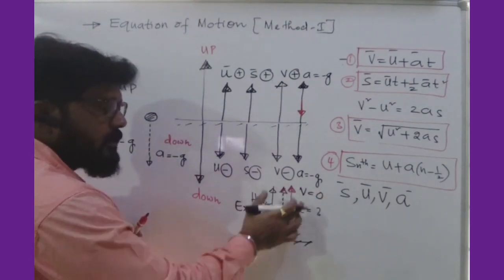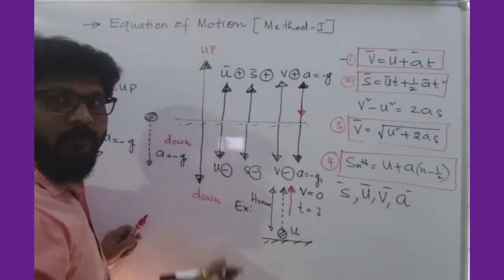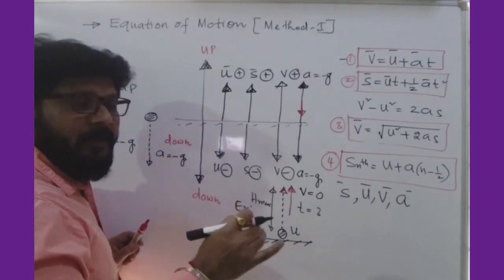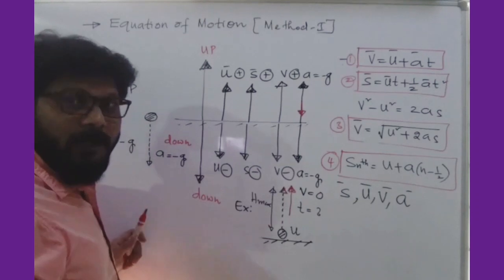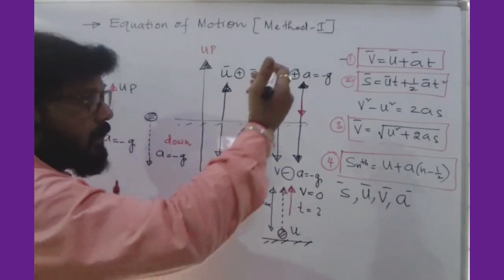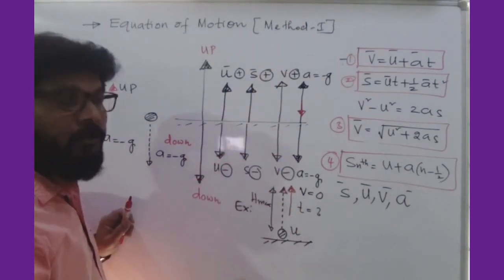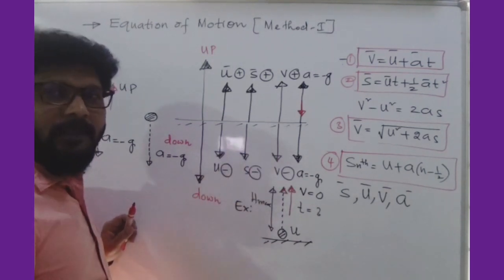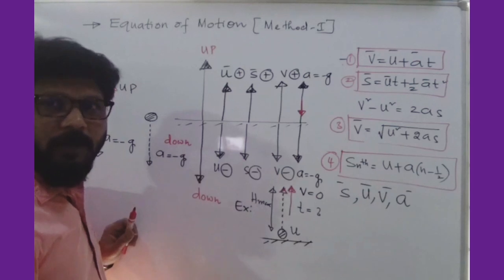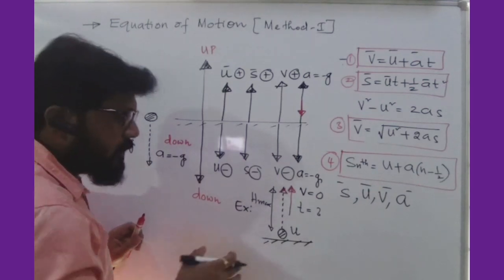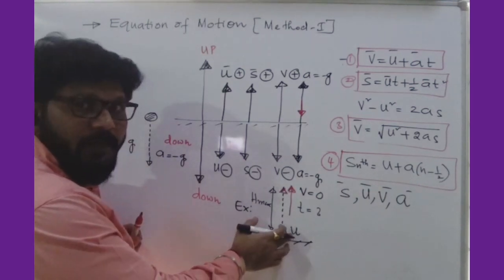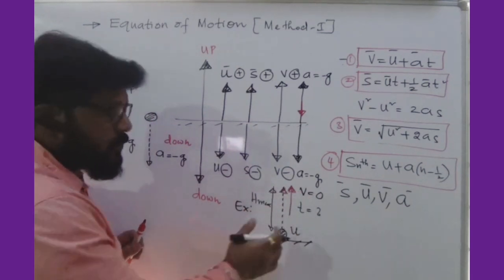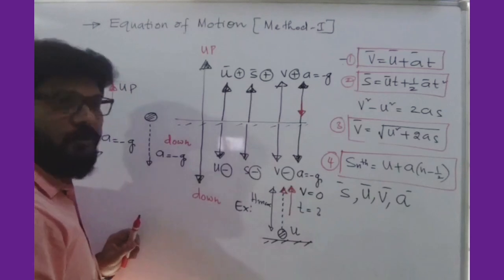Now u is there, v is there, t is there. Which formula we have to substitute? See, most of them will be confused about which formula to use. Most common thing listened from the students: Sir, I understood everything, but I am unable to apply these formulas. Fine. So first thing is u is there, you are projecting with initial velocity, final velocity is 0, time we want. So v is equal to u plus at.